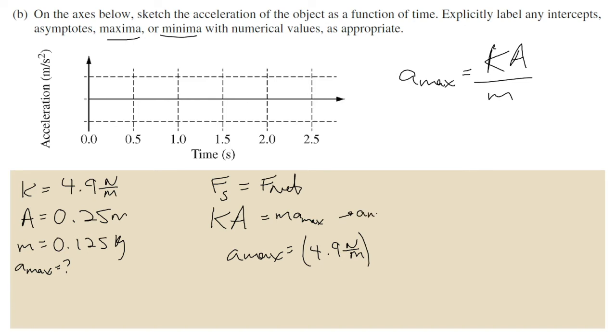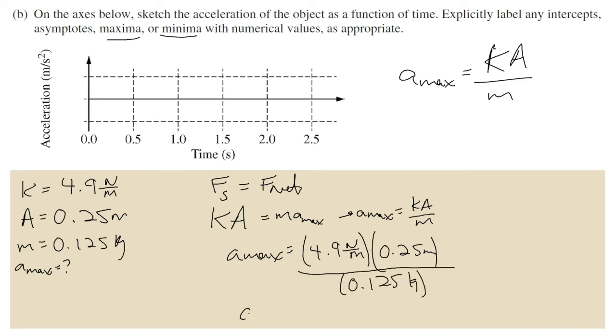Solving for A max, of course, you would get kA over m. I skipped a step there. Sorry about that. Times the amplitude here, which is 0.25 meters. And then we're going to go ahead and divide that by the mass, 0.125 kilograms. And when you do that math here, you get 9.8 meters per second squared. Of course,